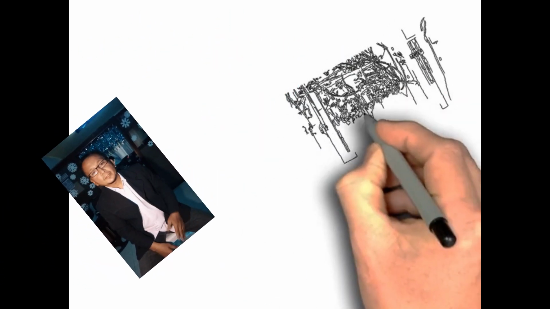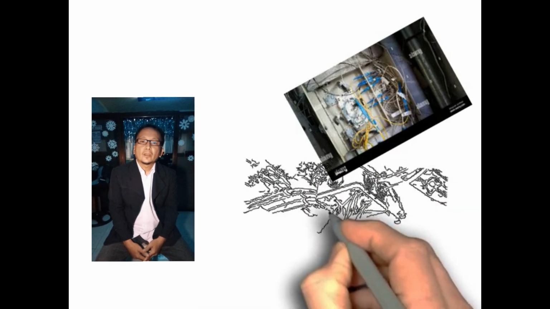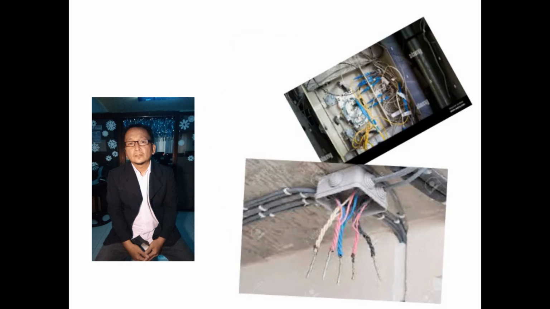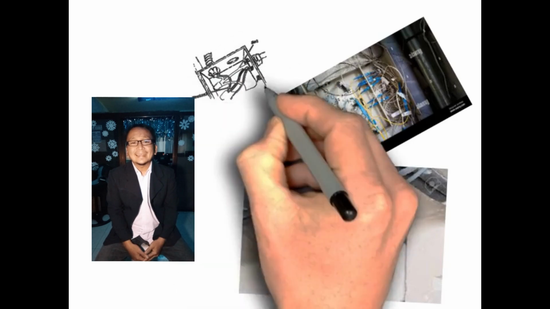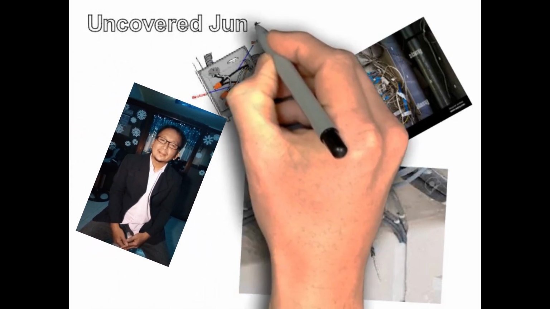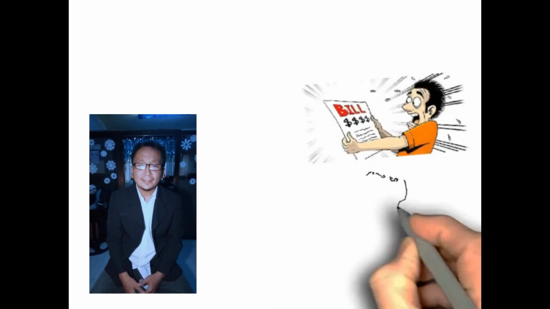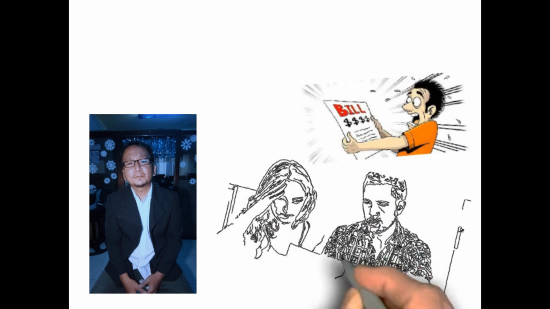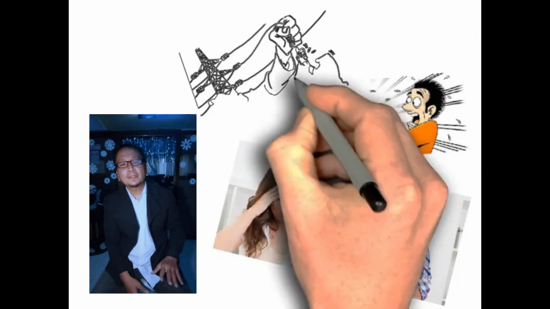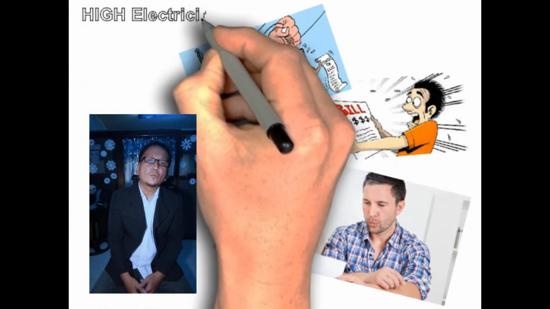Well, as you can see in this presentation, there are junction boxes which are totally uncovered or bare, where wires are connected to one another. Of course, we all know that it is very dangerous when you reach it, and it can increase the risk of wire damage and can shock. The next problem is one that also shocks people, the high electric bills. This is the bill from Cat Clinton. Just kidding. The bill that a local utility issues to a consumer for the electricity that their home consumes.